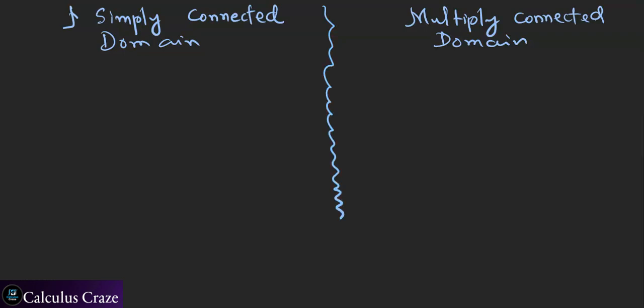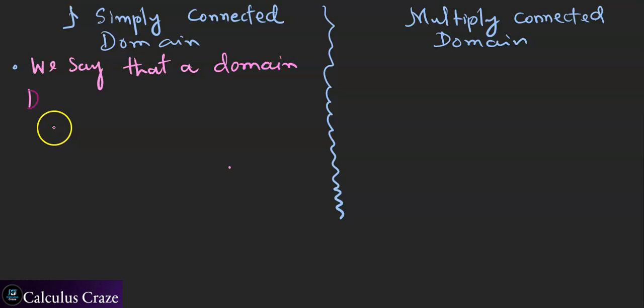So let's define. We say that a domain, meaning a set, domain D is said to be